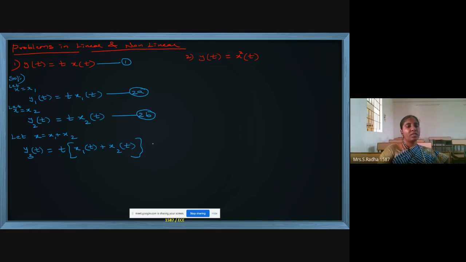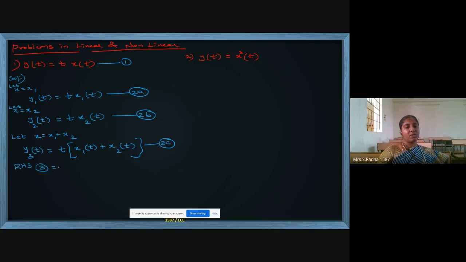You already know that x of t or simply x, both are the same, because x of t indicates x is a function of t. If you simply write x, that has the same meaning. x is the input variable, so x of t just gives the meaning that x is a function of t, that's all. Now let this be equation 2c. What you have to check, only the RHS you check.